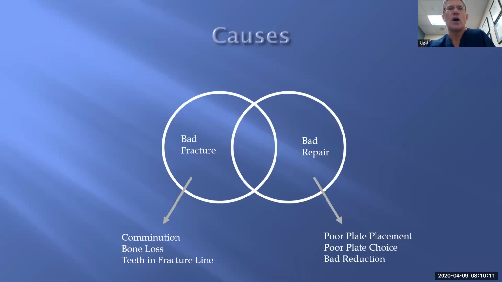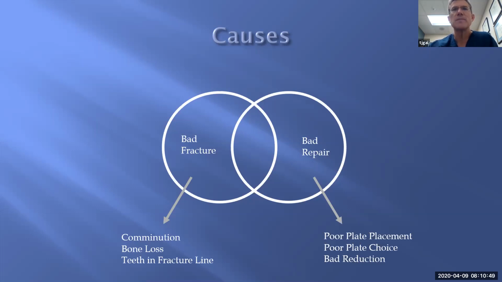So what are the causes of this? Again, it is a combination of, you generally have a bad fracture to start with, and to some degree, maybe a bad repair. In other words, your bad fracture is a severely comminuted fracture, gunshot wound, bone loss. There are fractured teeth in the fracture line, which can lead to infection if not managed appropriately, and then a bad repair. You choose the wrong plate, you don't reduce the fracture, and you get mobility, and that causes infection and